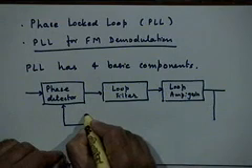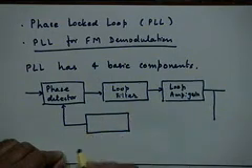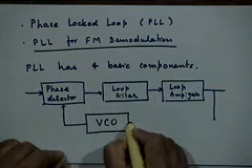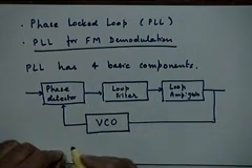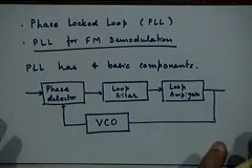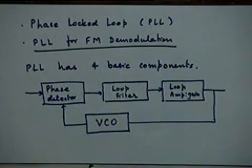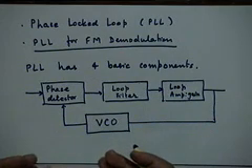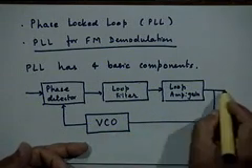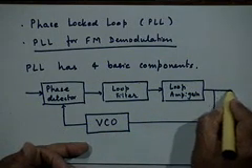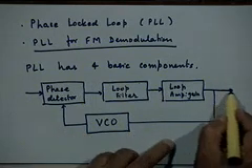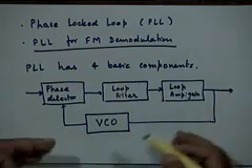In the feedback path, closing the loop, we have a VCO. Remember what is a VCO? A voltage controlled oscillator, which we have discussed in the context of FM signal generation, right. So a VCO is present in the feedback path of this circuit, and the input to the VCO at this point we will argue